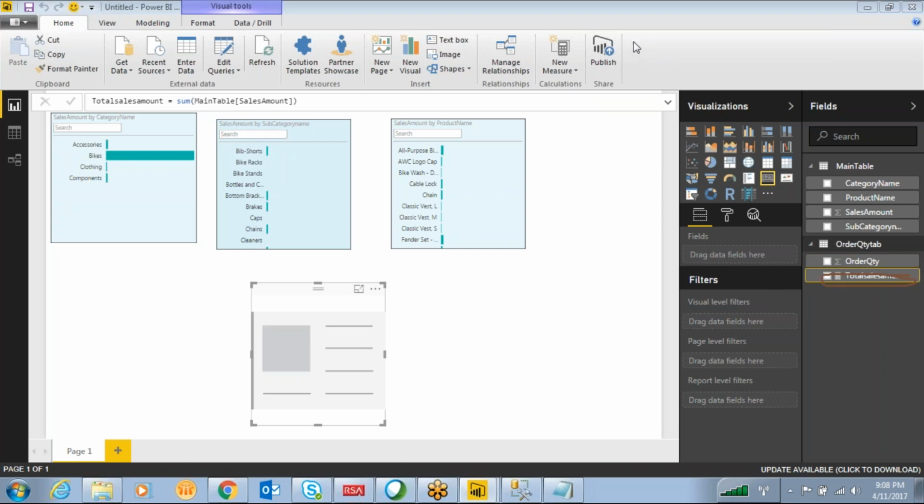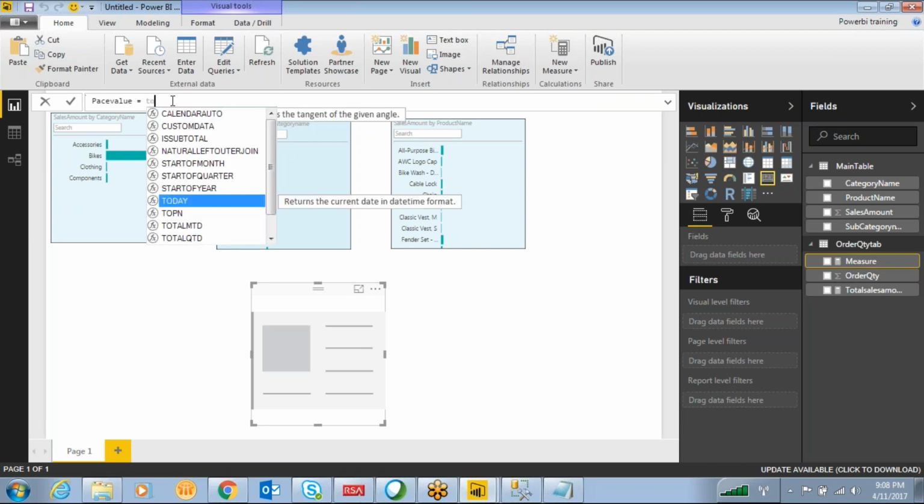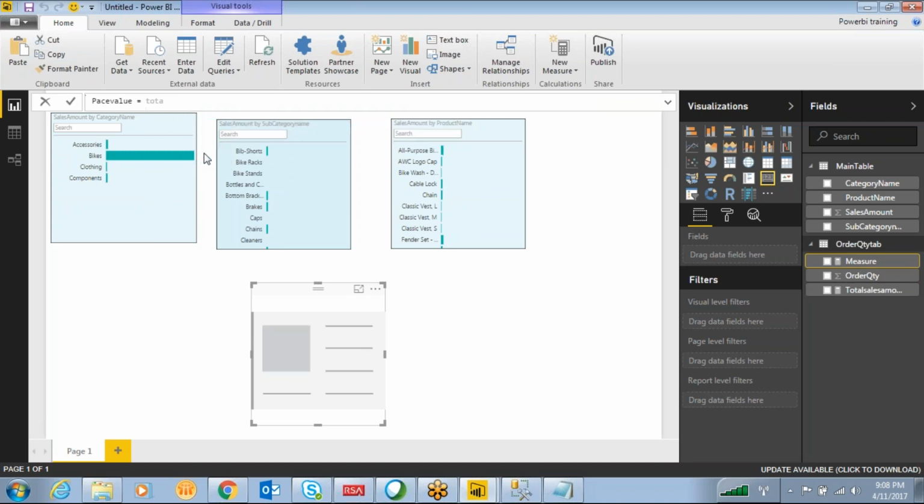Now I want to create one more measure, that is order quantity. Or you could try to take these two values directly and multiply. One more measure, click here, new measure. This is the base value, sorry. One measure is total sales amount, multiplied by the order quantity.